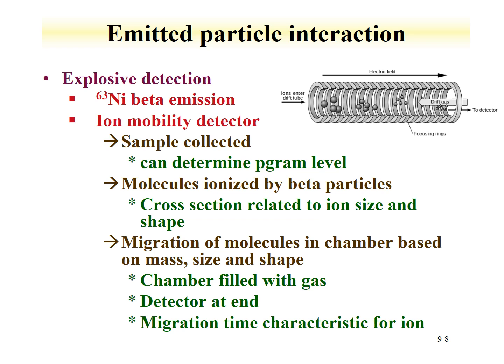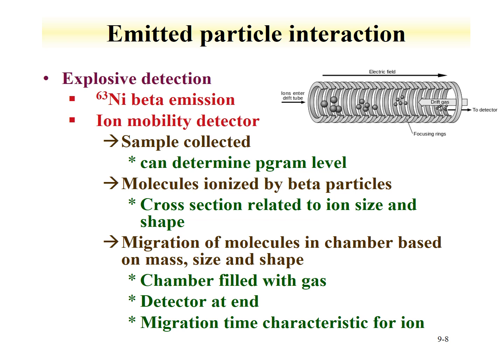They're detected at the end, and the migration time for the molecules in the ion mobility detector is characteristic of that molecule. So one can perform this evaluation and gauge upon the times that are indicative of explosives. And this is the technique that's used in airports worldwide for detection of explosives on